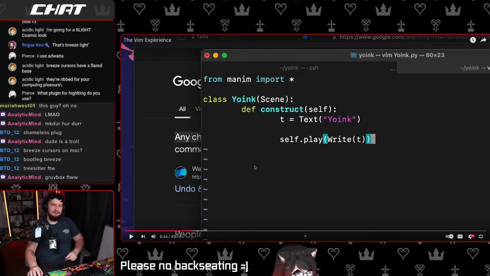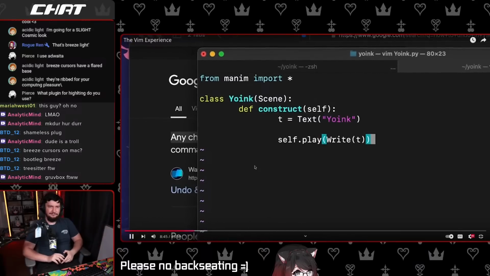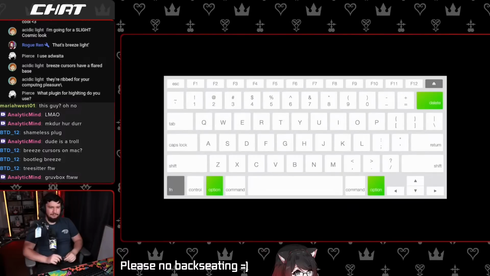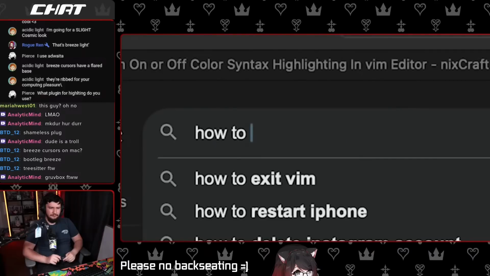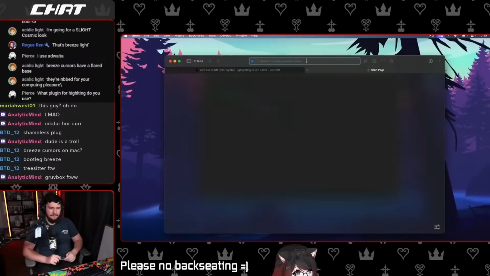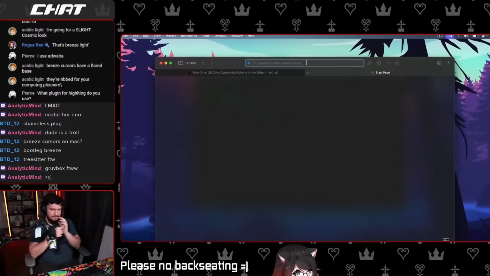Grovebox. I hate Grovebox so much. Thing I noticed is that I can't delete by holding Option and then backspace, or Control and backspace on Windows. If you do this, it lets you delete word by word, so one word at a time. Obviously, this makes it much faster, so I want to figure that out as well.